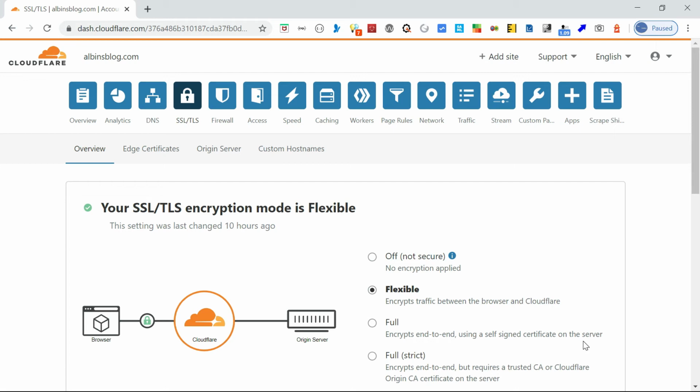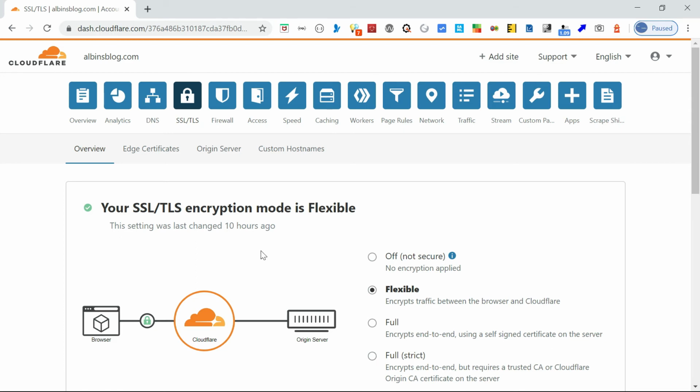Also the certificate authority must be one trusted by Cloudflare. Again, obviously the server should be accepting HTTPS traffic. This is one of the options, so you can have a trusted certificate from outside. Then you need to buy a certificate and install it on the origin server.